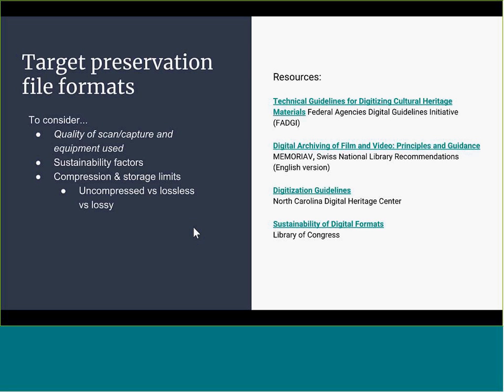So, when looking to create the highest quality possible or create the truest reproduction of an original, you might be thinking about things like resolution, like for photographs, or color space when it comes to any sort of visual item. And so that's going to be something that really plays a role in the types of equipment that you're choosing. And sometimes equipment that you choose might actually dictate what type of files that you're creating. So that's just important to know if you're in the process of purchasing hardware to do digitization yourself, or if you're working with a vendor who uses specific types of hardware